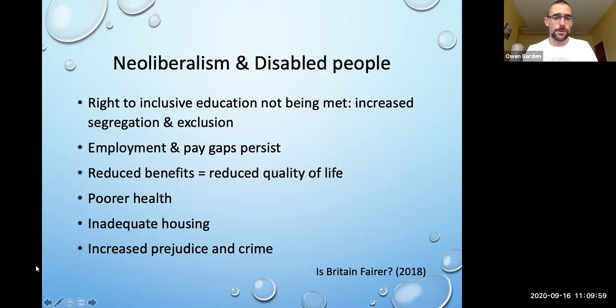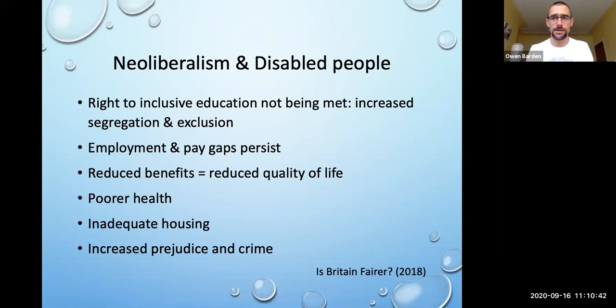We see that disabled people are much less likely to be in a job than non-disabled people, and if they are, it will be much more likely to be a low-paid job that still requires them to claim benefits or go to the food bank in order to have enough to pay the bills and eat. Not having enough money means inevitably a reduced quality of life, access to community, to culture, to a social life, as well as the basics for survival. That in turn has consequences in terms of poorer health, exacerbated by living in inadequate housing